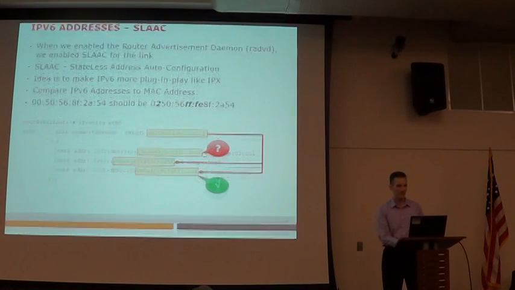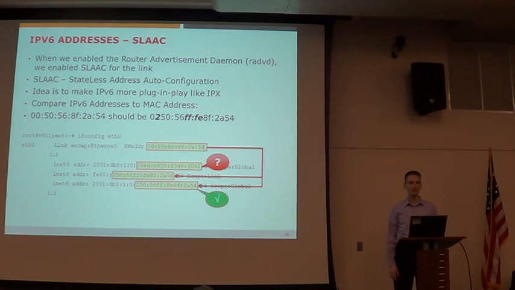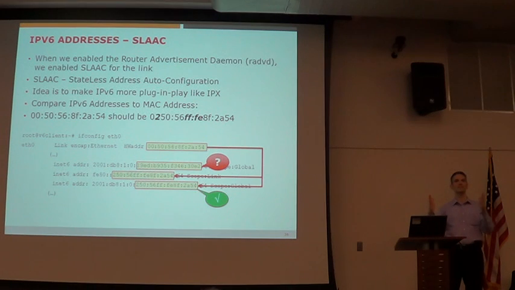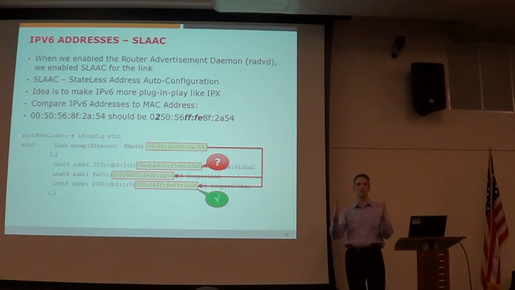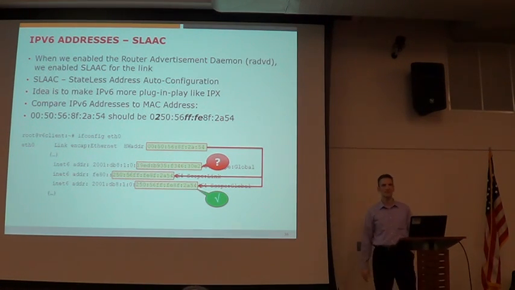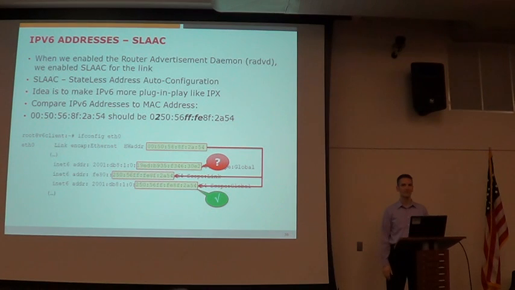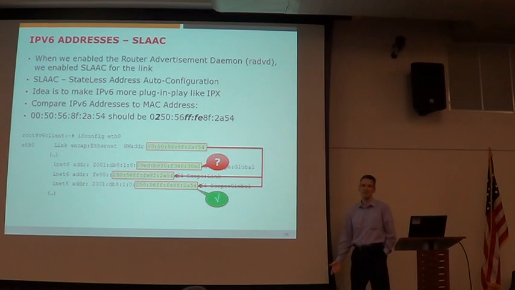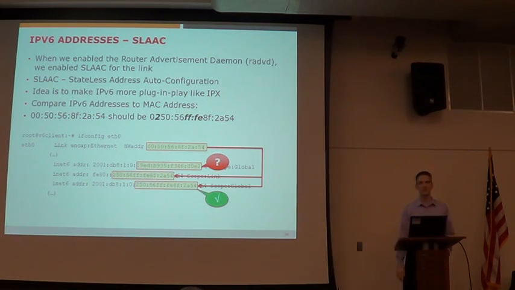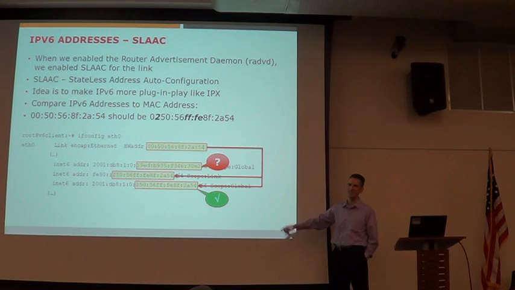Because everything, or most things, access the internet, anybody see a problem if my address, and remember, my interface ID is always the same no matter where I go, no matter which network I access? Anybody see a problem with that? What did I just create? Self-tracking. Right, my MAC address is like a super cookie, and they can track me wherever I go. In IPX, we didn't care because there wasn't an IPX internet. But with IP, this is actually not a good thing.